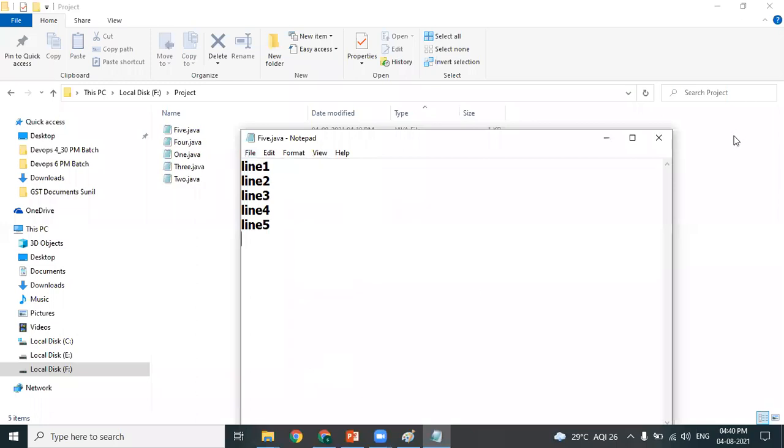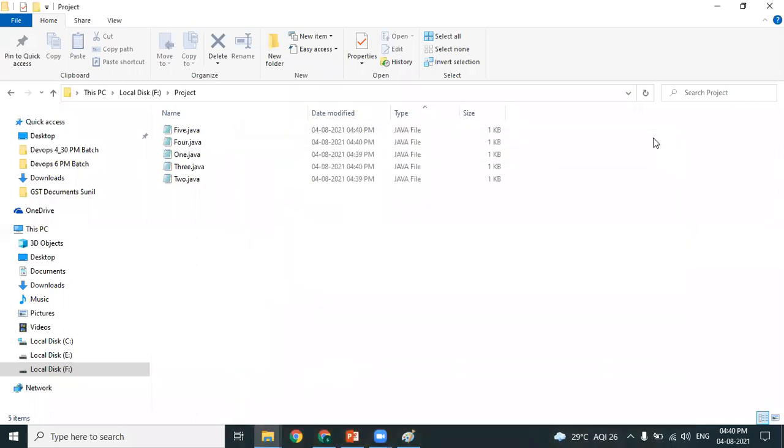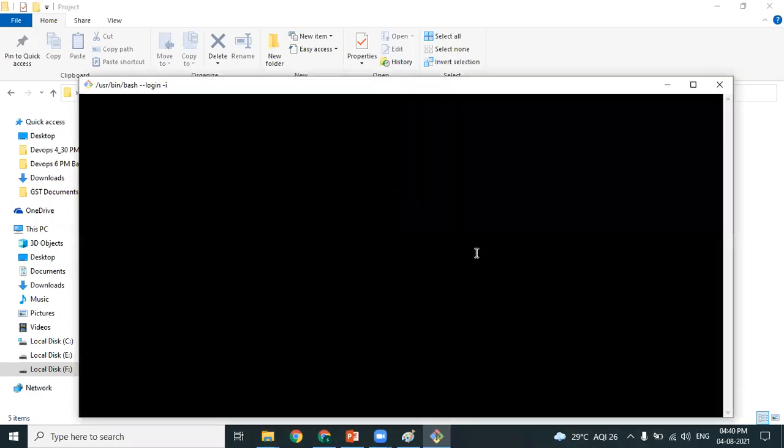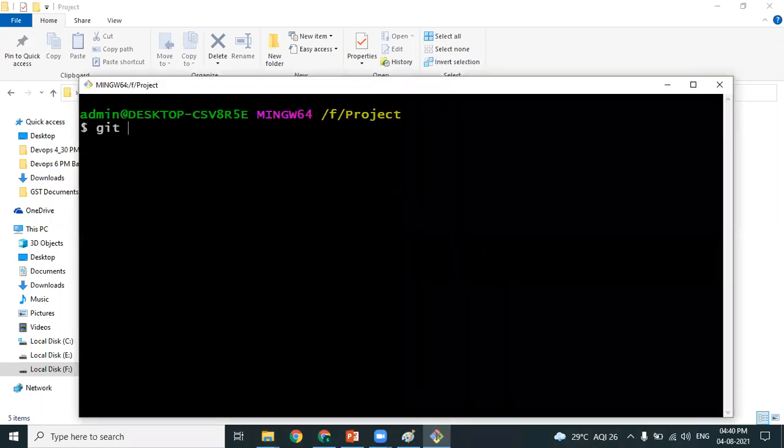Done. Once the code development is done, the developer converts the folder into a working directory.